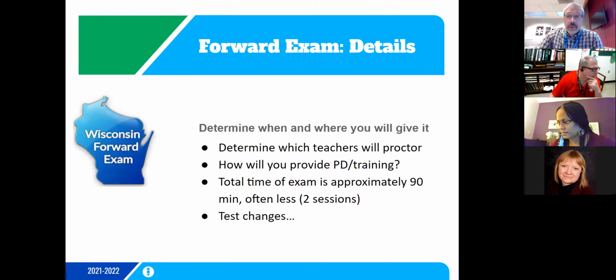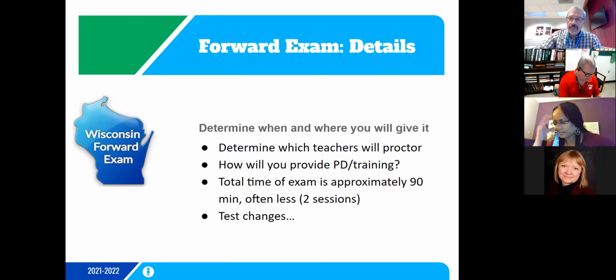So you need to determine how you're going to give that. It is approximately 90 minutes long, broken up into 2 sessions. It's the same ticket, the same login for each session. So students can do it, it doesn't matter which session gets done first. If a student makes a mistake and clicks on the second session first, they can go ahead and finish it. One does not depend upon the other.